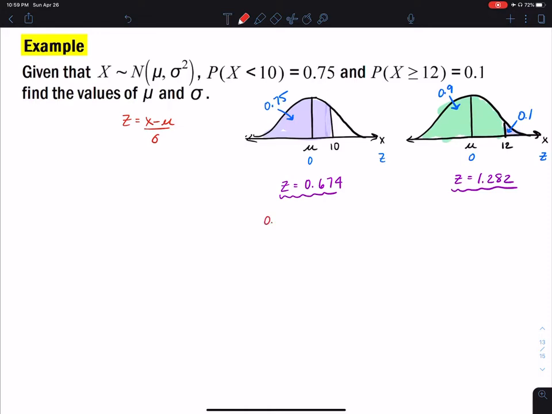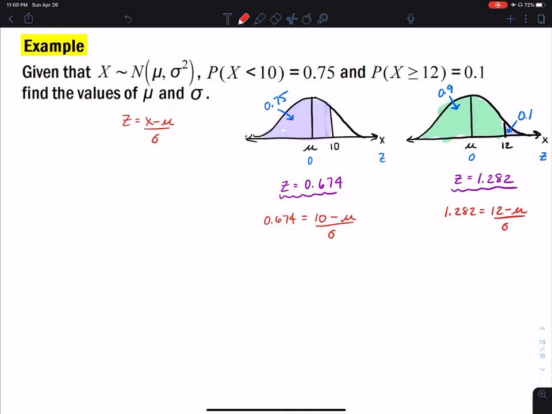I've got 0.674 is equal to, my x value is 10 minus the mean divided by the standard deviation, okay? And this one is going to look almost identical, except for over here on the z-score, we have 1.282, and our x value is 12,